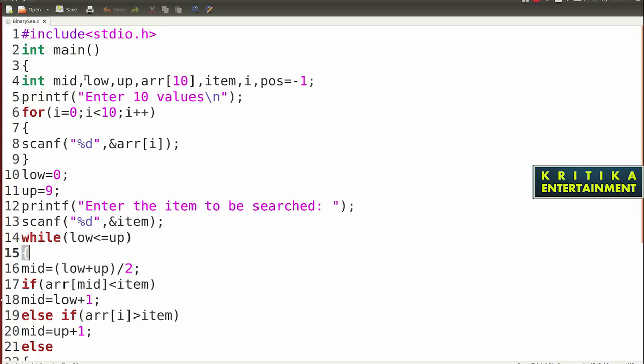So while low is equal to 0 and upper is equal to 0, then while you will write.